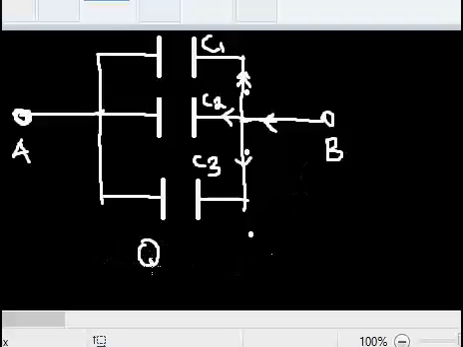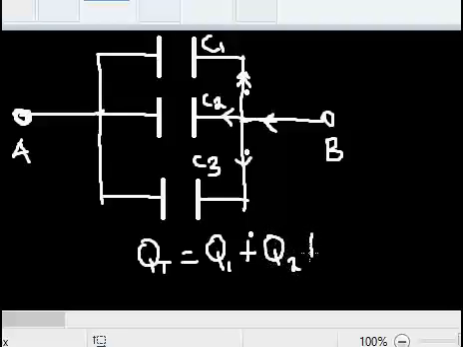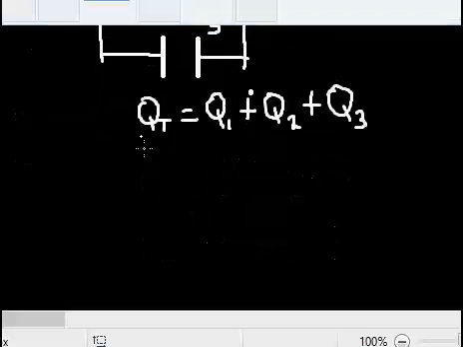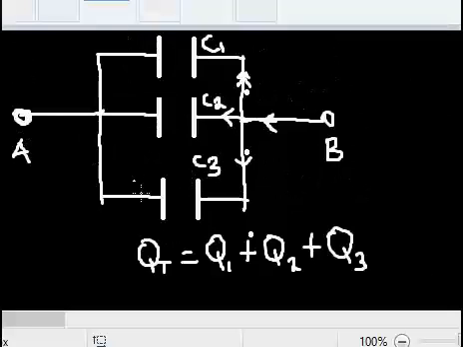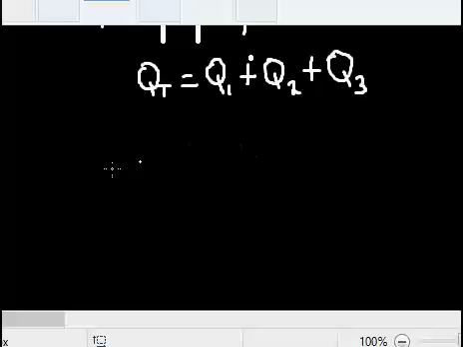So the total charge the capacitors will store is going to be equal to the sum of the charge stored by capacitor 1, I call it Q1, plus the charge stored by capacitor 2, I call it Q2, plus the charge stored by capacitor 3, I call that Q3. But their voltage will be the same. Since they're connected in parallel, the voltage across all of them will be the same. What will only vary is the charge they store. Having known that, from our formula that charge stored